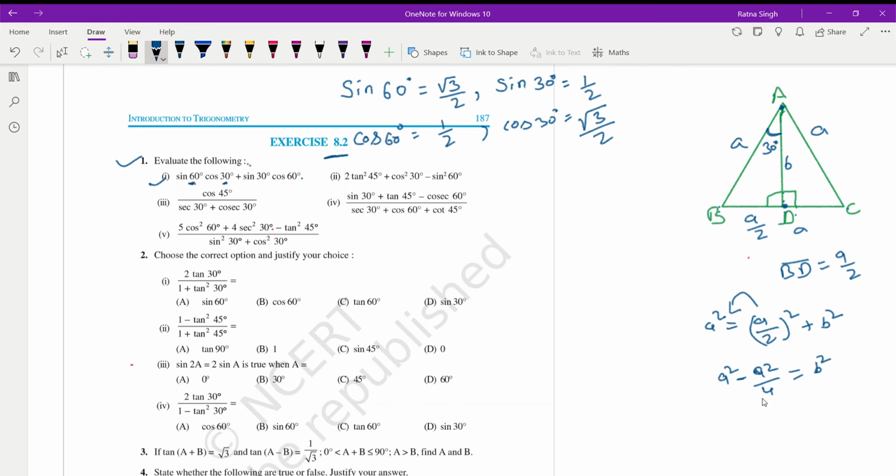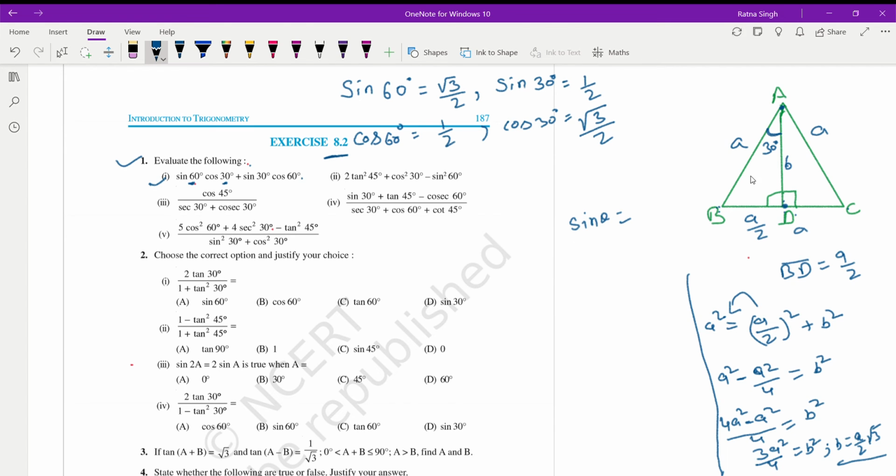By solving, 4A square minus A square by 4 is equal to B square, and that is 3A square by 4 is equal to B square, and hence B is equal to A by 2 root 3. So B here is equal to A by 2 root 3,